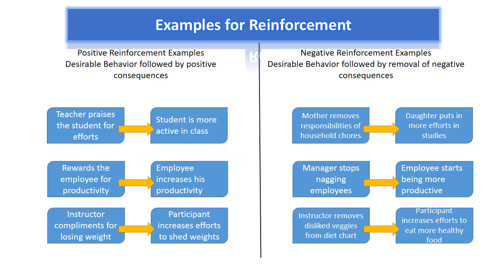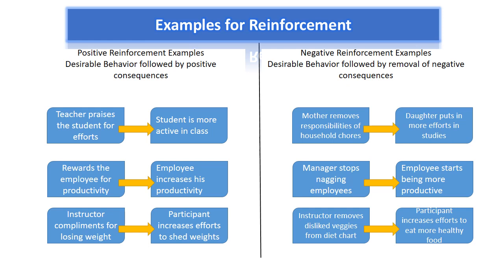Alright, in order to better understand the concept of reinforcement and its types, here we have a few examples. For example, the desirable behavior, whenever it is followed by positive consequences, there are chances that the behavior will get strengthened. So, whenever a teacher praises the student for the effort made by the student, that particular behavior gets strengthened